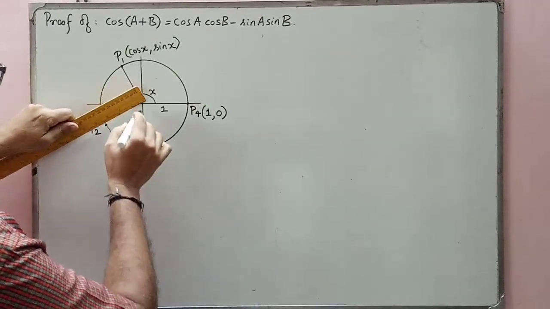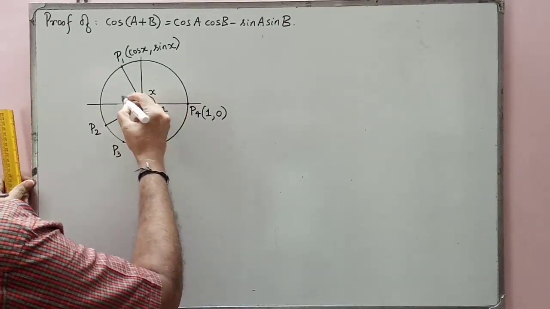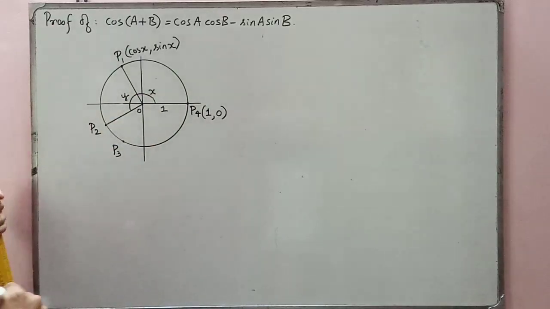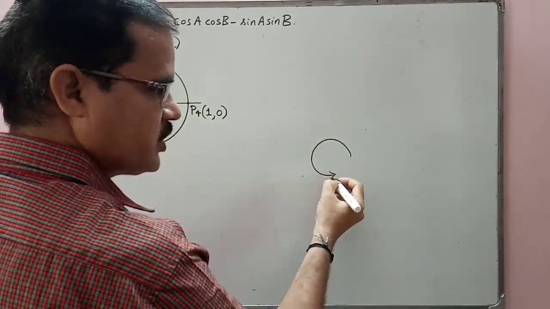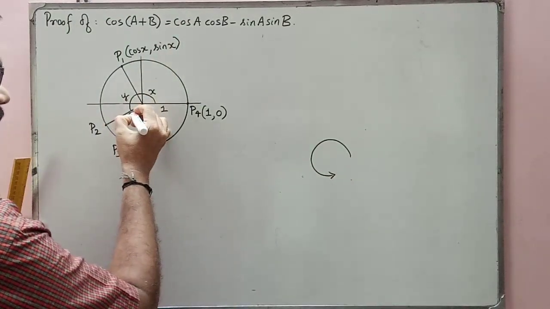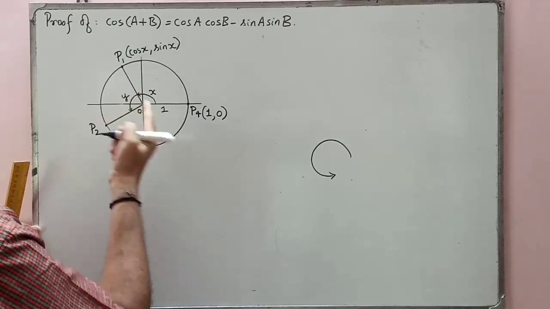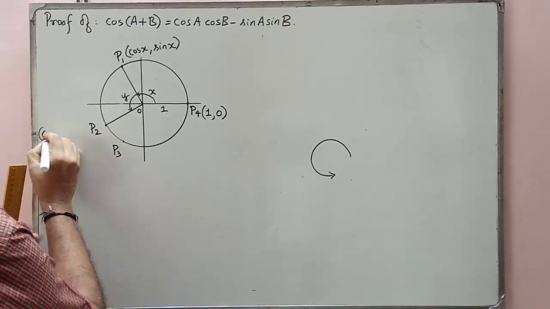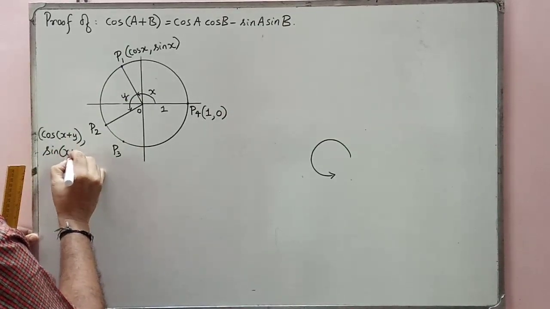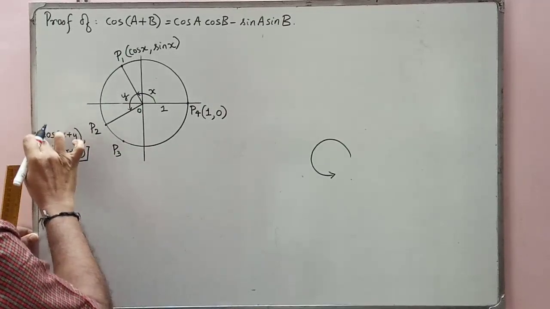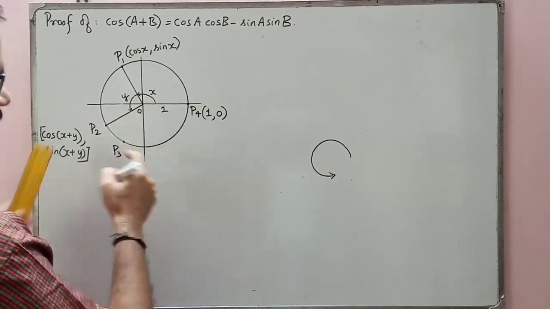Now, we'll join the origin and P2. Now, we'll mark this angle as y. So, what will be the coordinates of P2? Always an angle is measured in the anti-clockwise direction for positive, right? So, from x you have to measure. For that it was x. Now, we should write it as x plus y. The angle is x plus y. So, the P2 coordinates will be cos of x plus y comma sin of x plus y, because the angle is x plus y. Now I am going to join origin and P3.